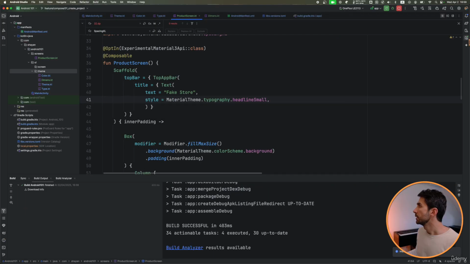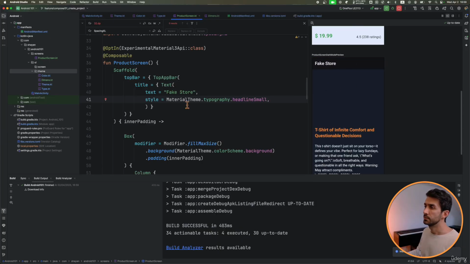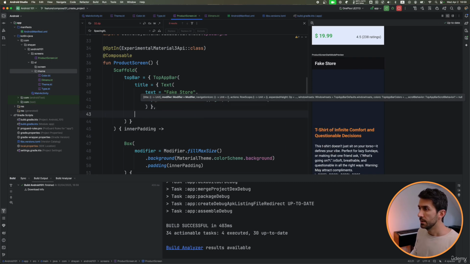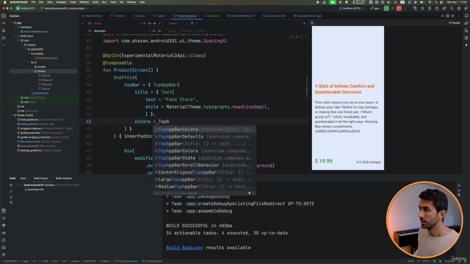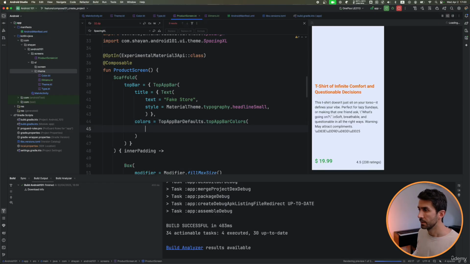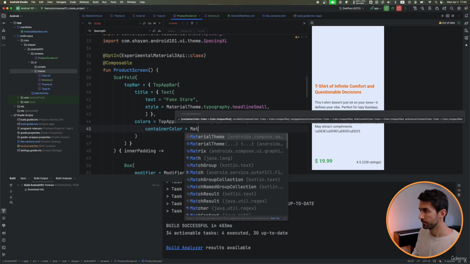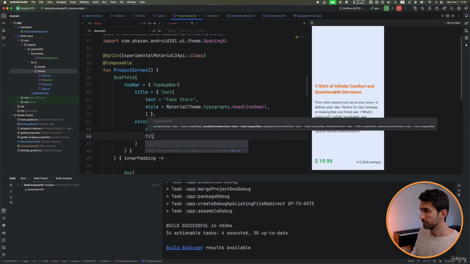We can also see it in the preview. So this is so far how it looks like, but I do want to give the whole top bar also a color. So for that, top app bar has this argument colors, and this is how we can generate a color palette for the top app bar. Top app bar defaults dot top app bar colors. And there you can say, I want the container to be, for example, and then the title color